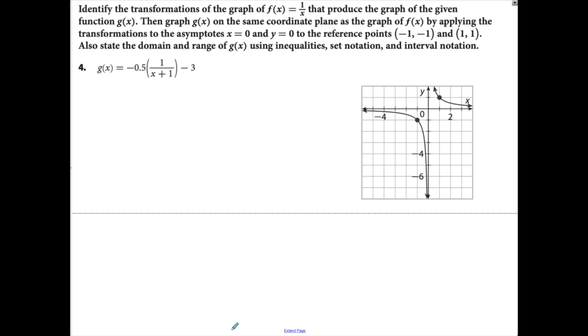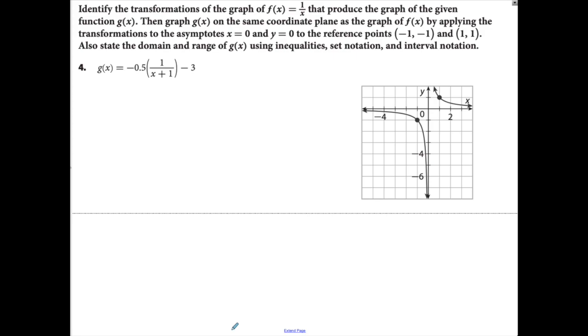Okay, so I have f of x equals 1 over x already graphed. You might not be able to tell because of how the graph has been cut up, but notice how this graph is not like a negative 1 to 10. It's not the same as I usually make my graph, right? So